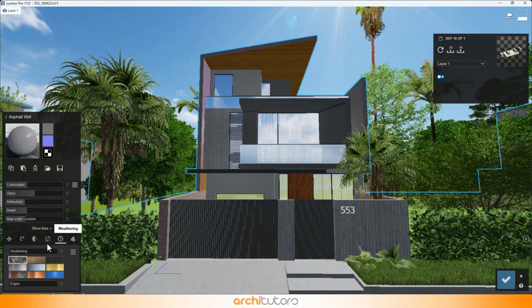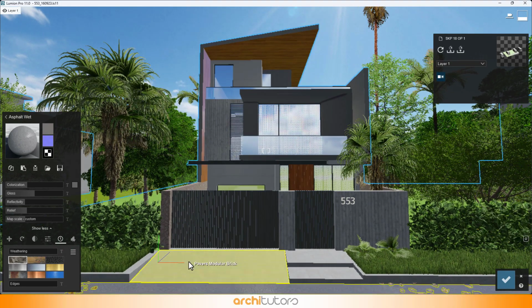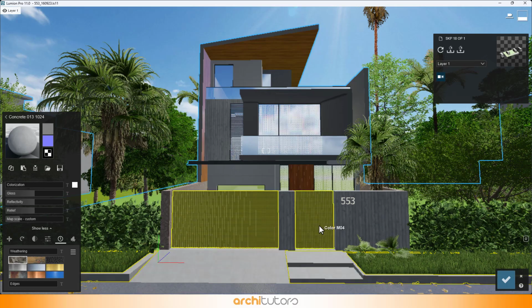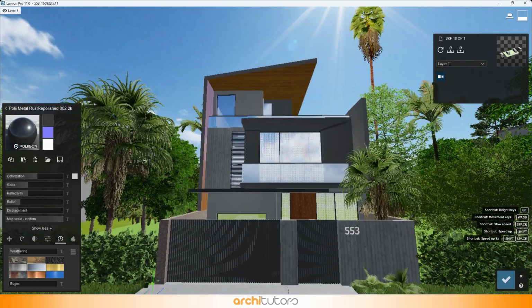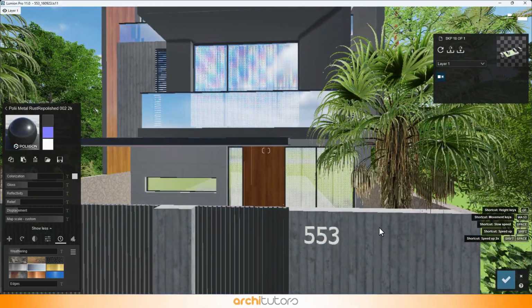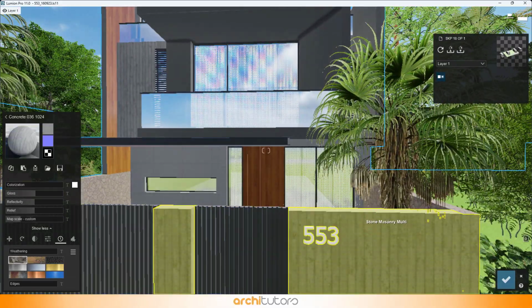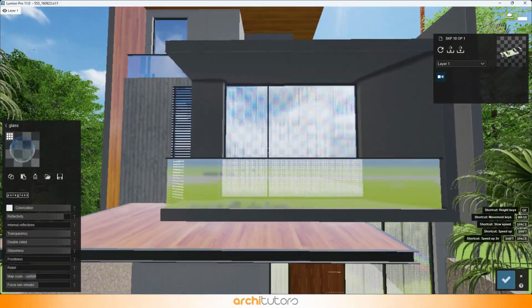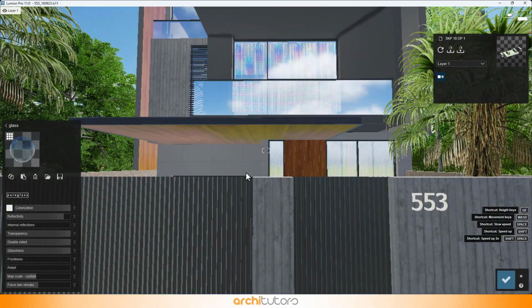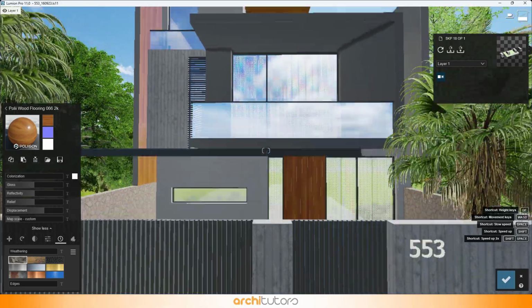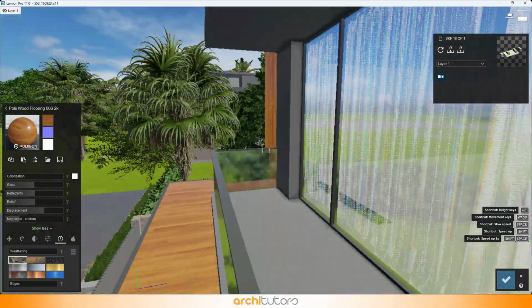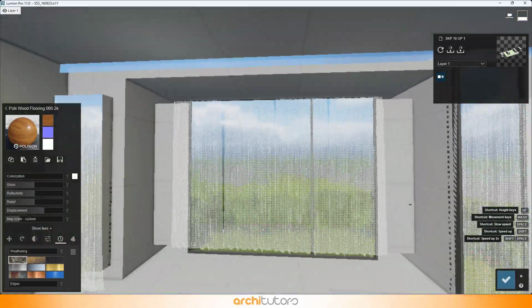Let's go through the material settings for this project. On the inside we have added some curtains.